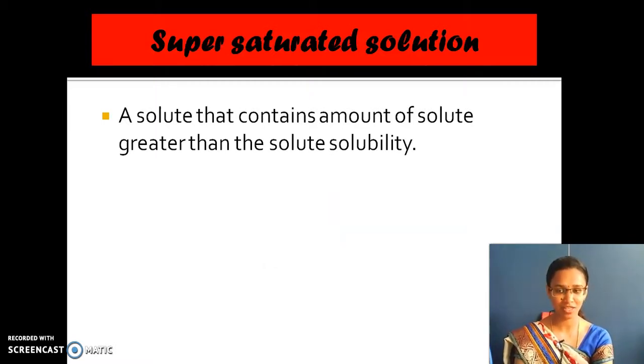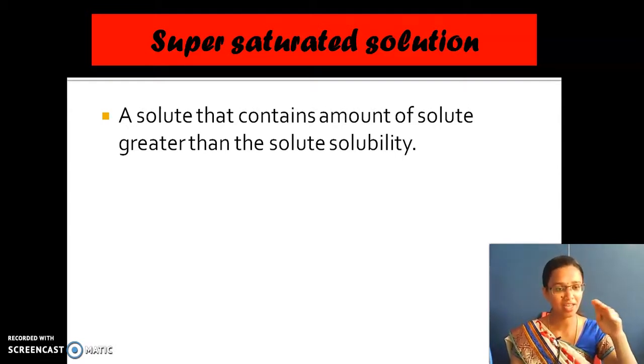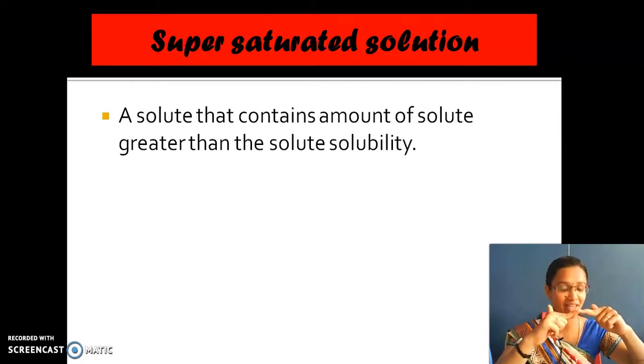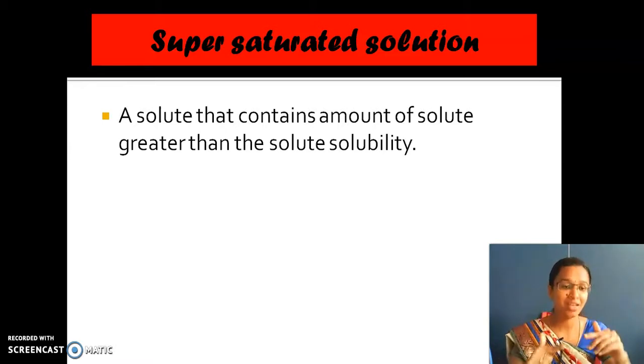What is that? Supersaturated solution. First, you are dissolving salt in water. Up to a certain point it is able to dissolve. After that point it is not able to dissolve. That point at which it has dissolved everything it can is called saturation. Now you are heating that and a few more substances dissolve. After that heating, a few more things have been dissolved, right? It is called supersaturation.